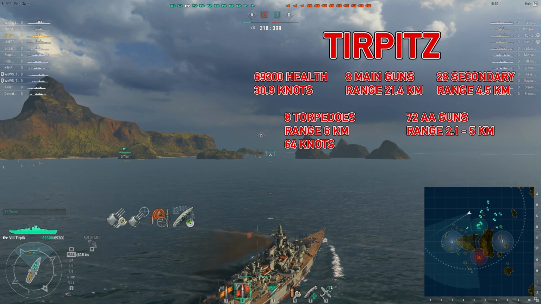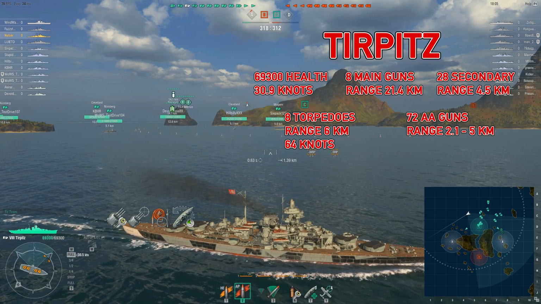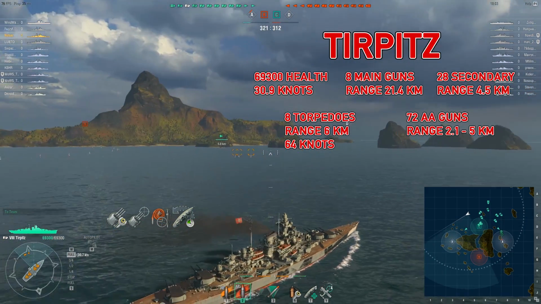Hey, this is Notser, and this is the Tier 8 German battleship Tirpitz. It has 8 main guns, 28 secondary guns, 72 AA guns, 8 torpedoes, a top speed of 30.9 knots, total